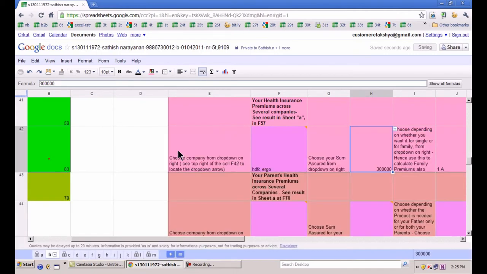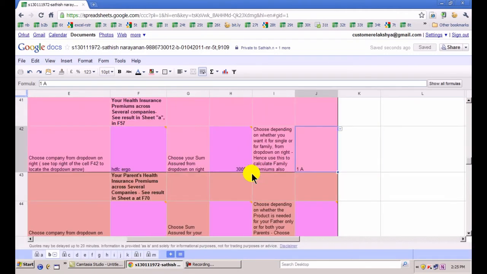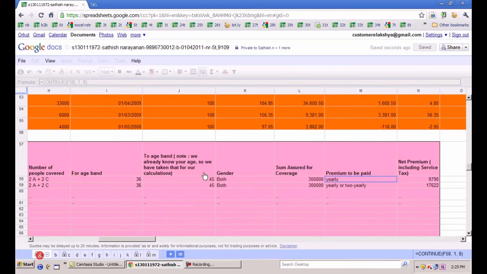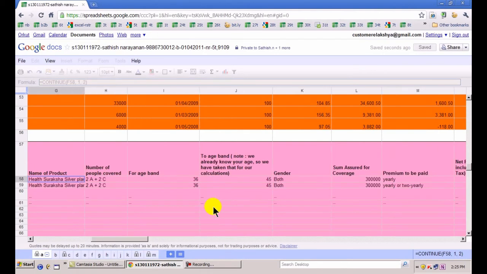I take a figure of let's say 3 lakhs. That is all I need to do. Instead of 100, which is for myself, I also look at changing it for me and let's say my entire family, which is 2 adults plus 2 children. Hey presto, what will happen in sheet A? You are giving the inputs in sheet B. In sheet A, automatically the premium amount applicable for 2 adults plus 2 children, you can see it right there live.